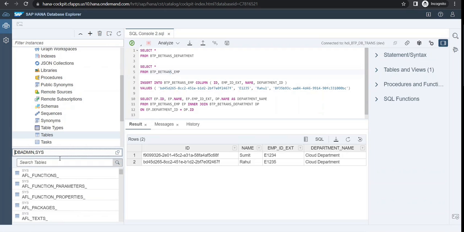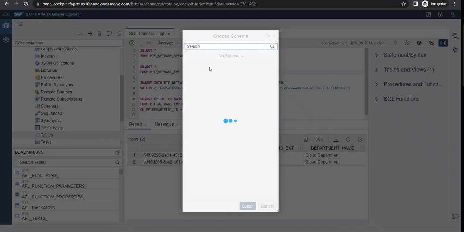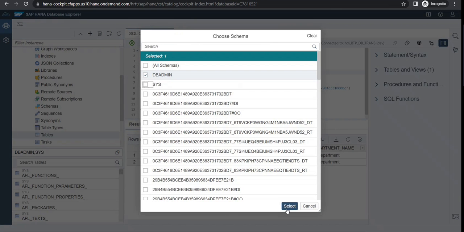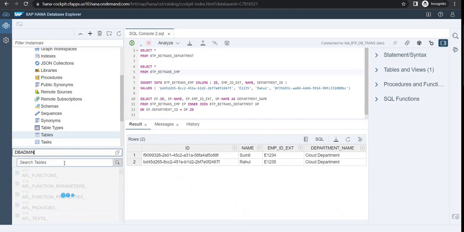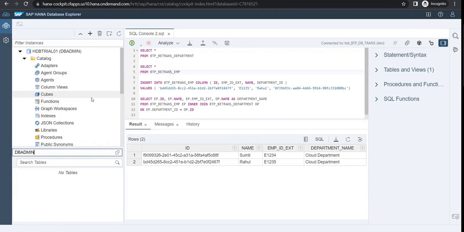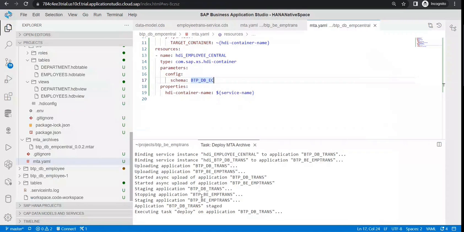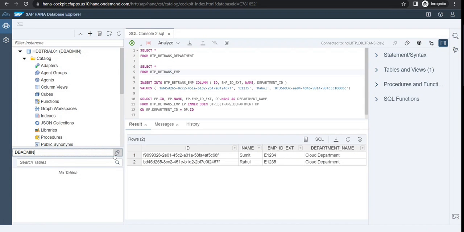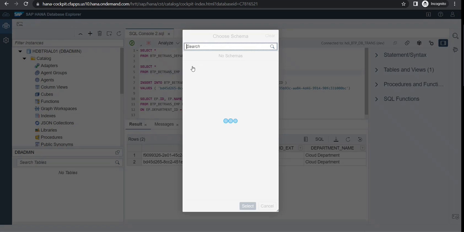Okay. And if you see in the tables, I am able to find all the tables which are coming from system. If I don't select the system schema, I won't find anything which is coming from this particular DB admin. So this is schema-specific information. So it means the HANA database works on a schema level. They do have a schema. Each schema has its set of database components. So as a part of which,